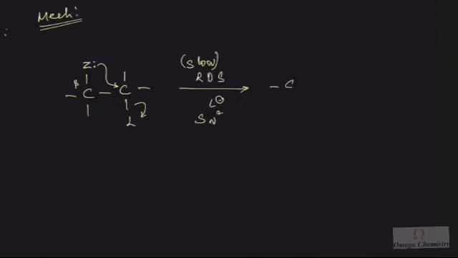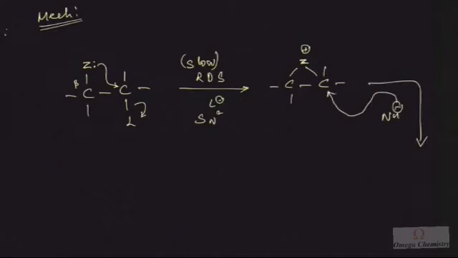Now this will result in the cyclic intermediate, right? Z will form a cyclic intermediate. Z will carry a positive charge, right? Now what happens, in the second step, the nucleophile will come from the opposite side and it will attack this carbon. So this bond will break like this, and thus the generation of final product. So you will get, so your nucleophile will be attached here. So this will result in retention of configuration,